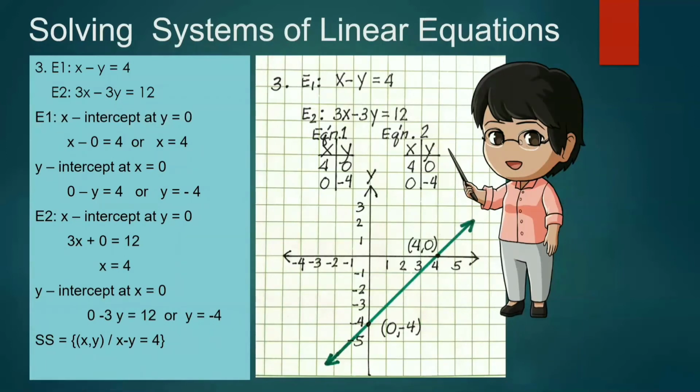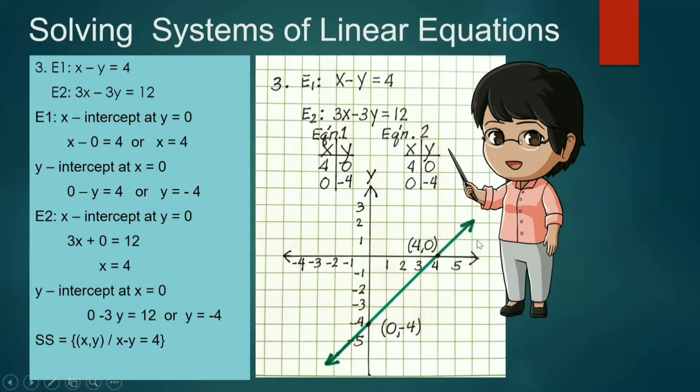Number 3, equation 1 and equation 2 have the following x-intercept and y-intercept. We'll just look at the table here. For equation 1, we have (4, 0) and (0, -4). And for equation 2, we also have (4, 0) and (0, -4). So they have the same x and y intercepts, so they have only one line, and their solution is a